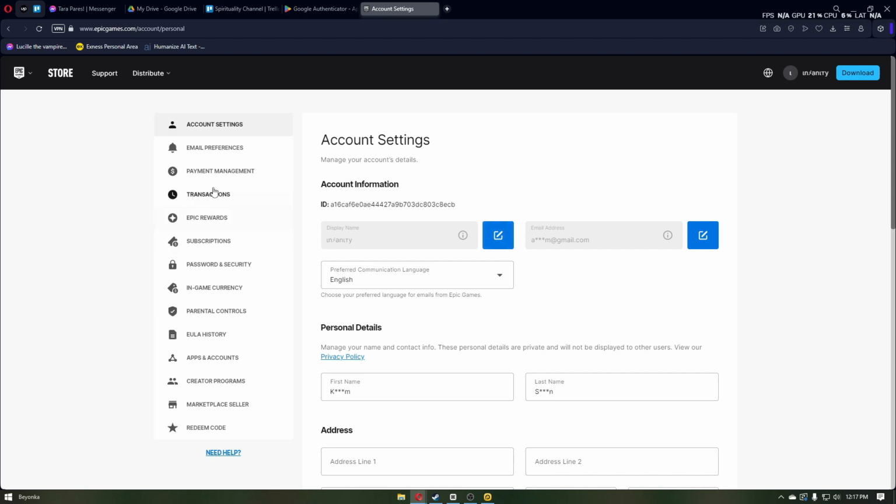Now, from here, you can then go ahead and see your account settings. Inside, we have the email preference, payment management, and more. This is basically the general settings of our account. So once inside, you can then